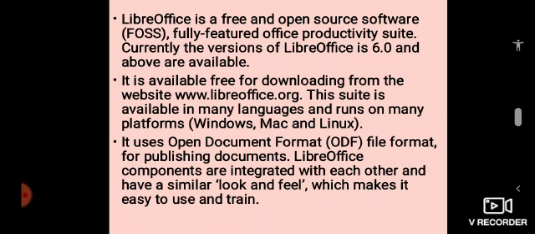It uses the Open Document Format, ODF, for publishing documents. LibreOffice components are integrated with each other and have a similar look and feel, which makes it easy to use and train. The files you save in LibreOffice have the extension ODT, Open Document Text.